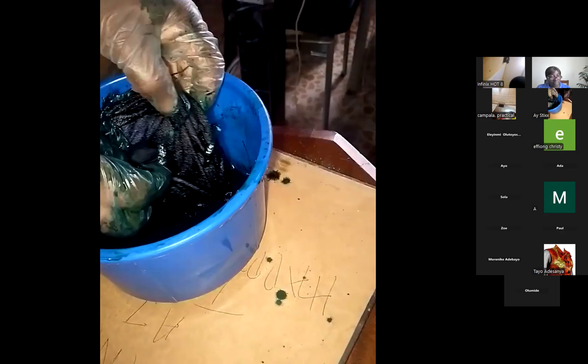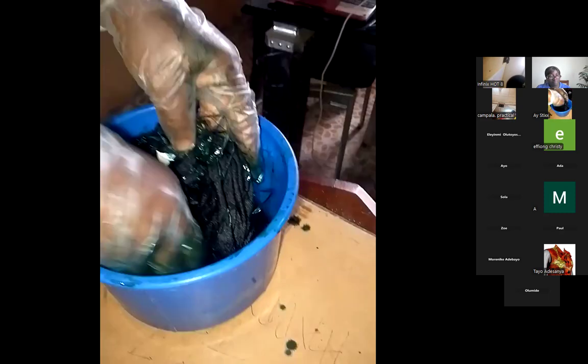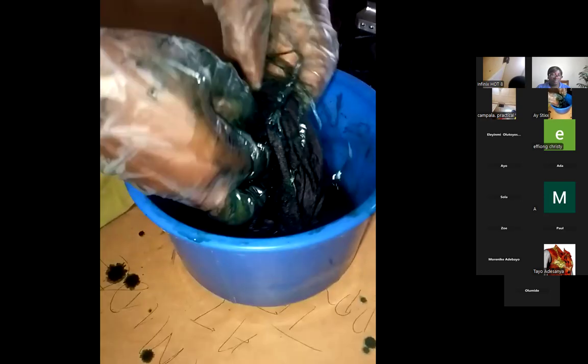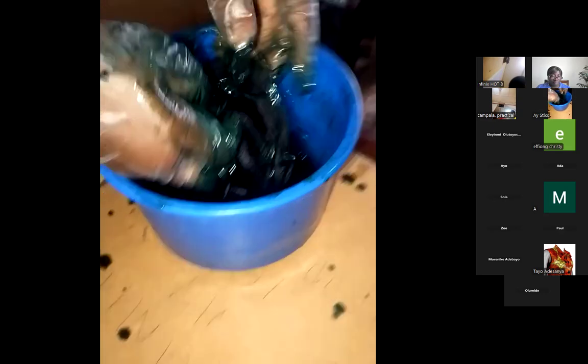We check the fabric very well, whether it has absorbed, whether the dye stuff entered or not. Check it very well, because we are using only one color.